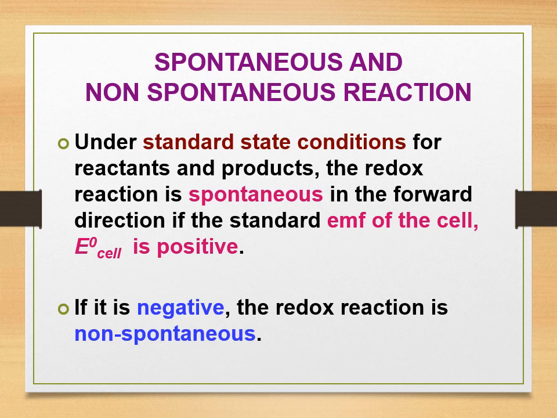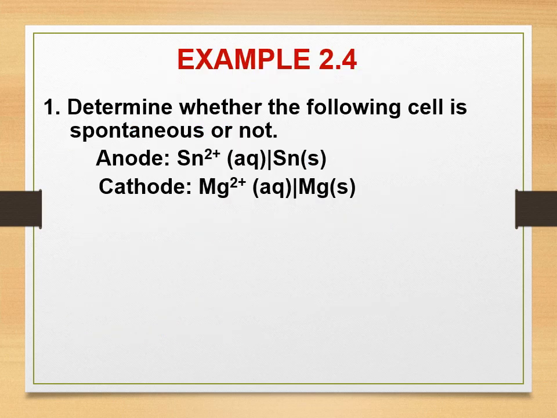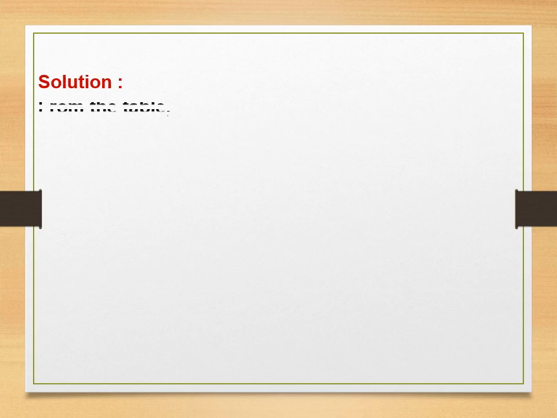So we are going to look at the E naught cell. Example 2.4, determine whether the following cell is spontaneous or not. Now, it says here that they put stannum as anode. So oxidation will happen at stannum and reduction will happen at magnesium. Look at table 2.4 and it turns out that